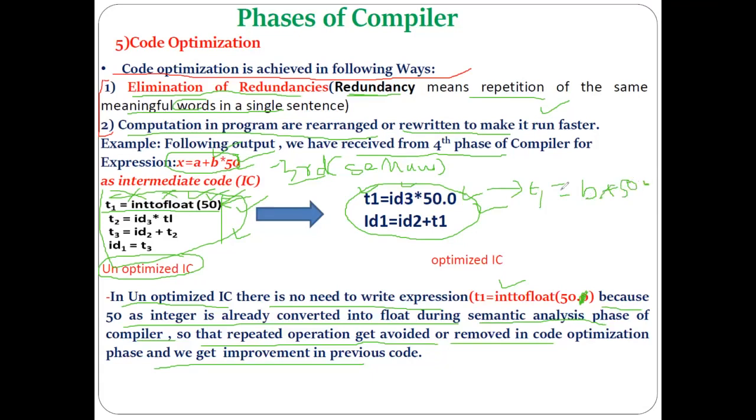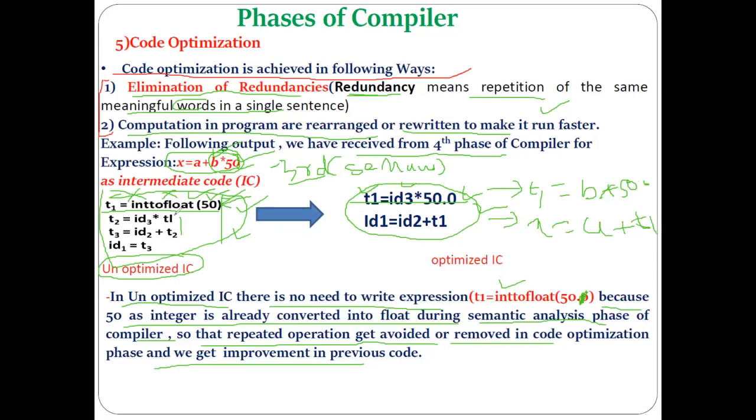Okay, now then, what is the next? Because of these things we have done, because of this instruction we have written already, we have got the intermediate code for this whole thing. Understood? So now we also avoid writing these two instructions. How? Let's see. From this we can directly write id1 equal to id2 plus t1. What? id1 equal to id2 plus t1. You can write this instruction directly like this also, like x is equal to a plus t1, meaning is the same.